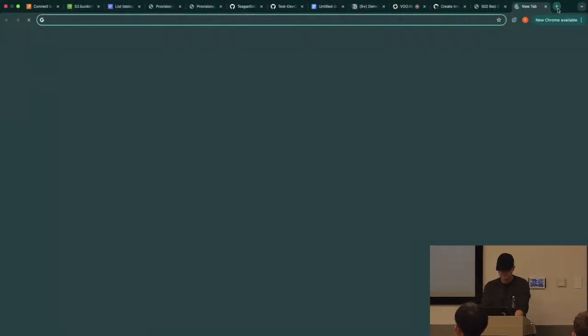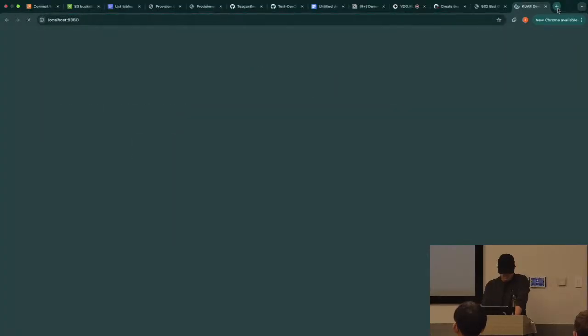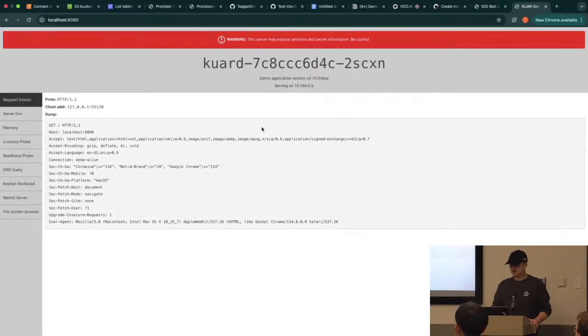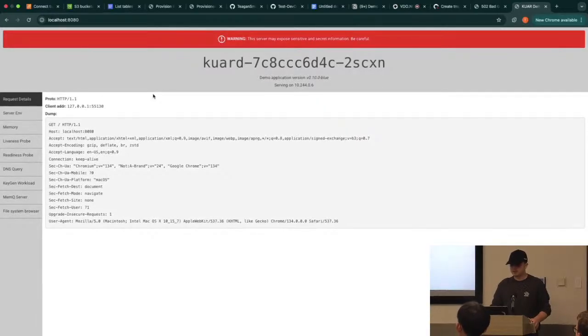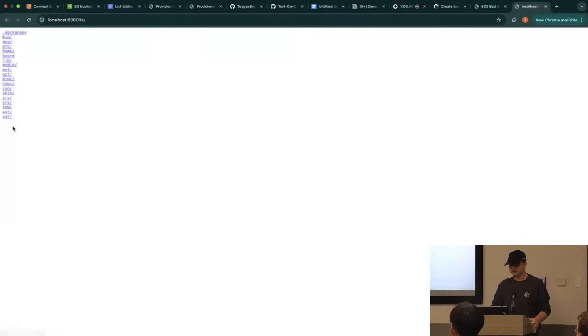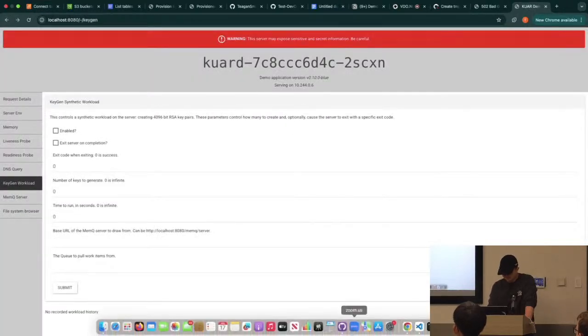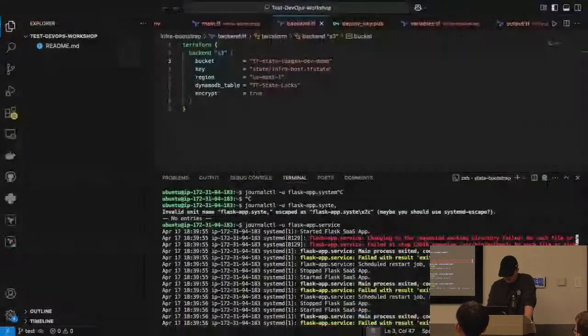Is it already up? Okay, perfect. So pushing through here, this is just a basic Kubernetes application that can give us information on different probes and different information about our cluster. The actual application itself isn't super important here.